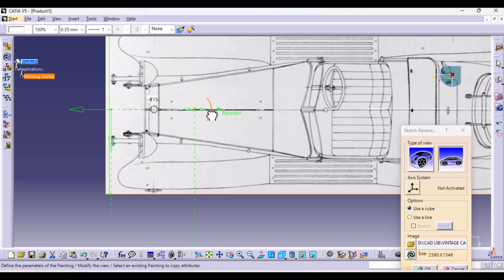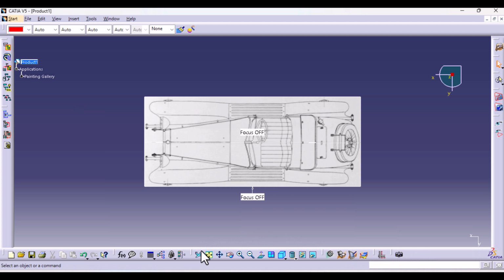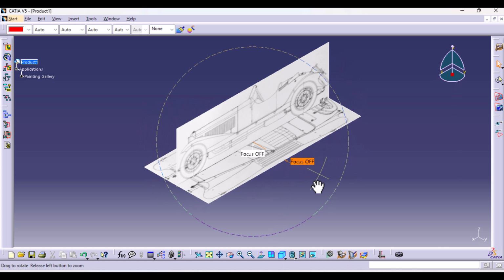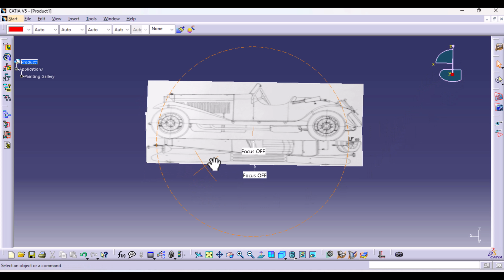So you can use rotation and just rotate this. To know if I am right, you can use this line to align it to make sure you're rotating 90 degrees. I'm going to check. Select ISO. Right, and now you can see both the side and the top are facing the X direction, or the negative